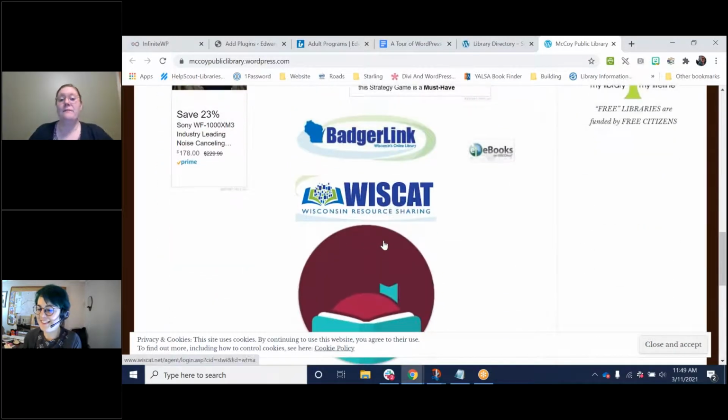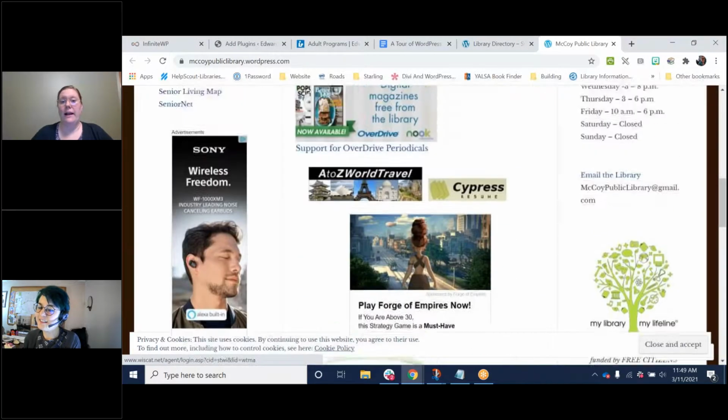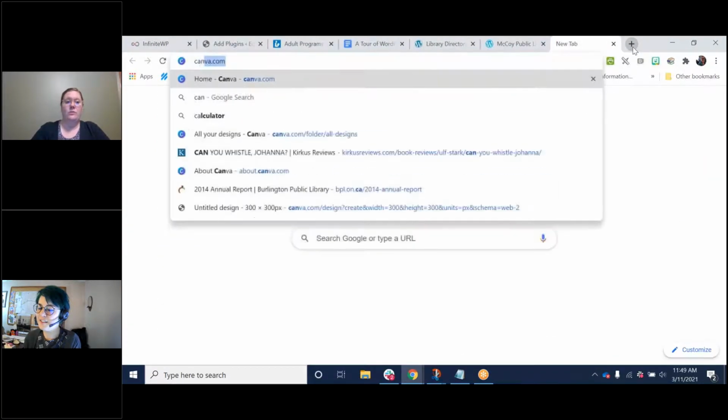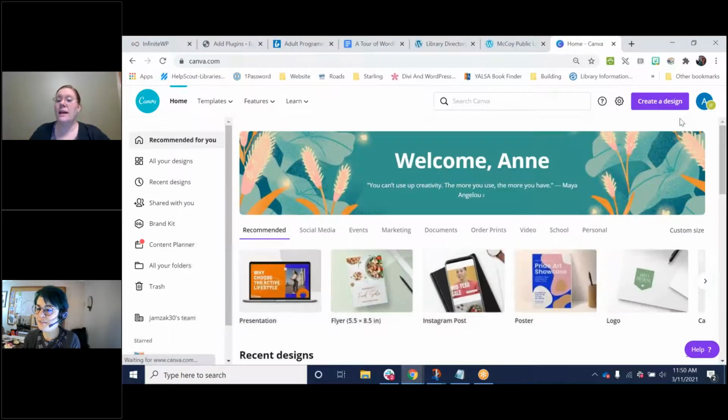The first thing I'm going to say is these images are all different sizes, and that's why you're having trouble lining them up. If you are able to create an account with Canva, you can match them all to be the same size, and then you'll have such an easier time making them match up nicely. So what am I talking about?